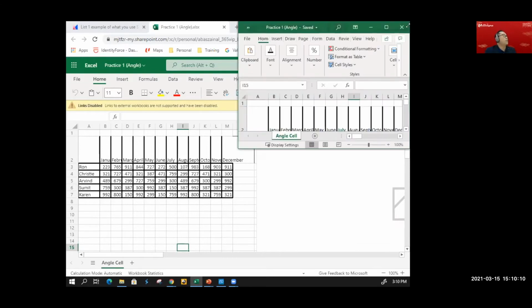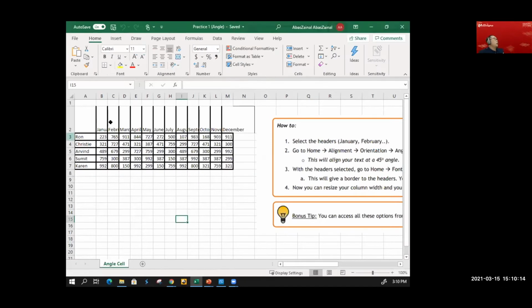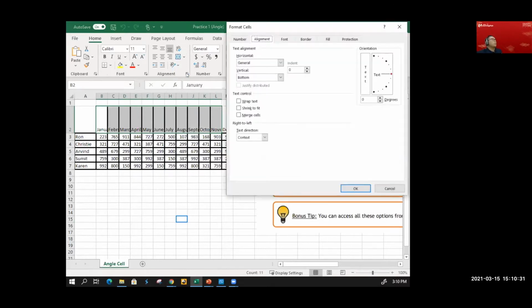Via Office 365, what you can do, ladies and gentlemen, is to highlight the particular cell that you wish to send to an angle. How do you go about doing it? Just look at the ribbon for the word alignment, right? Click alignment drop down menu.